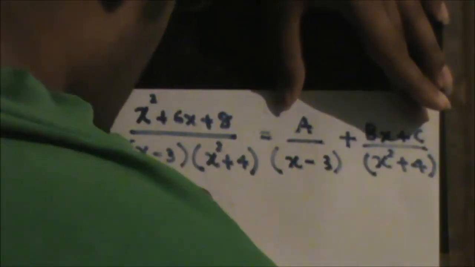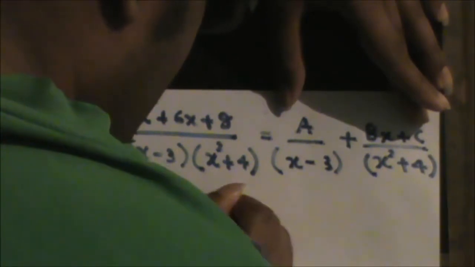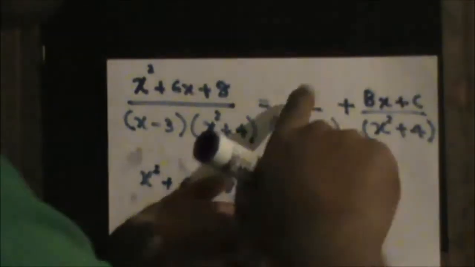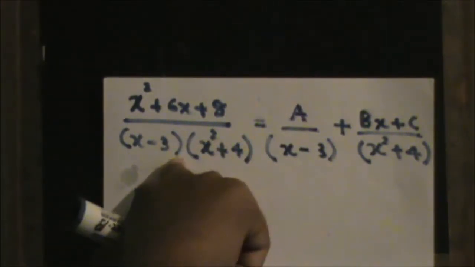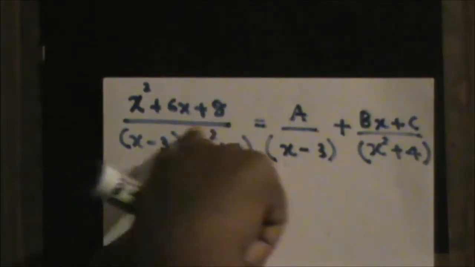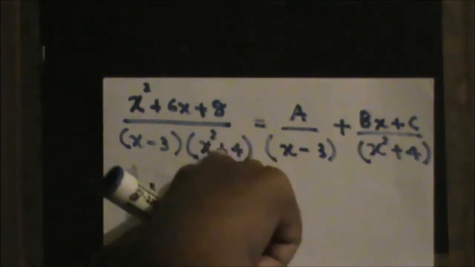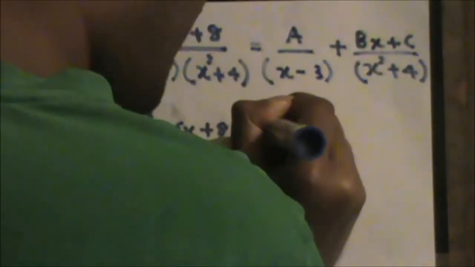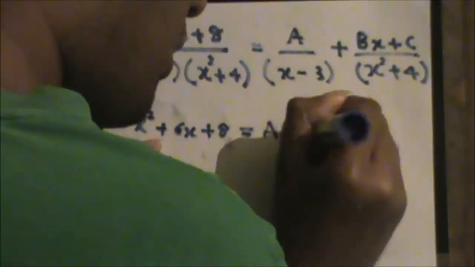So my numerator will be x squared plus 6x plus 8, right? x squared plus 6x plus 8. And when I multiply this term, a divided by x minus 3, by x minus 3 times x squared plus 4, this x minus 3 will cancel off, and I am left with x squared plus 4, and I have to multiply that with a. So I will get here a times x squared plus 4